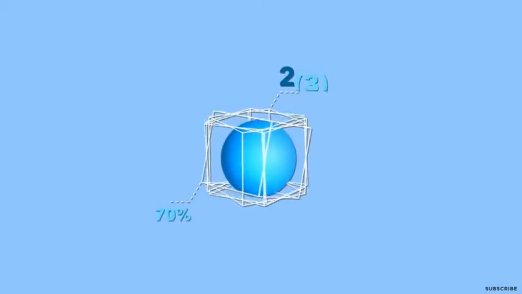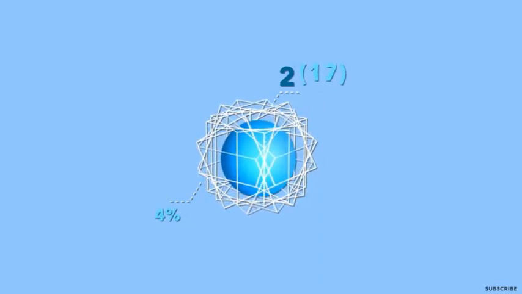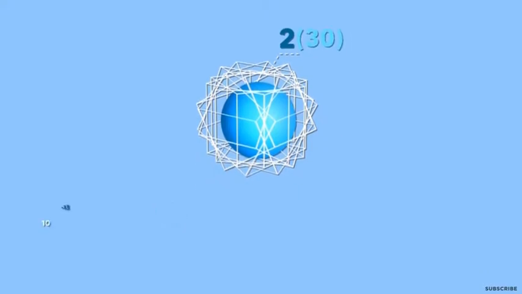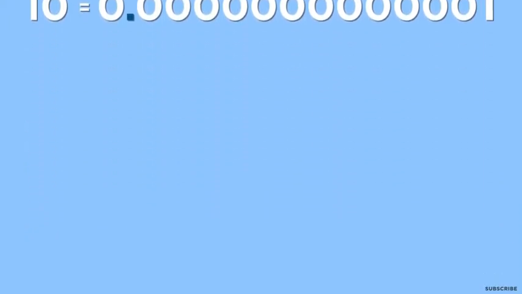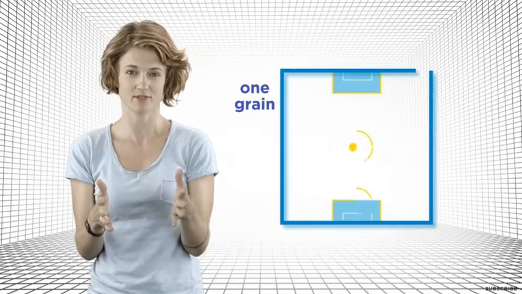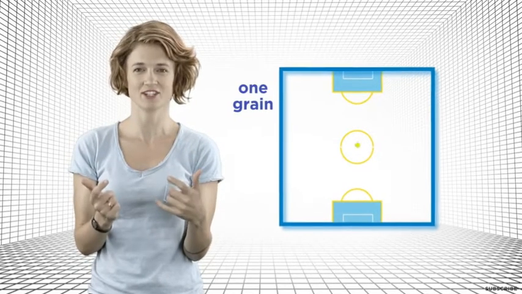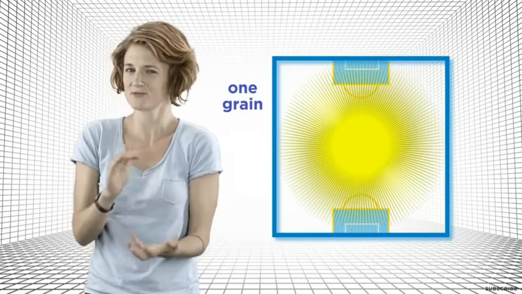As the dimension n goes up, the percentage of the cube that's occupied by the sphere gets smaller and smaller, approaching 0. In 30 dimensions, the sphere is about 10 to the negative 13th the size of the cube inside it. This is about how big a grain of sand is relative to a sports arena, except that in this analogy, the sand grain is touching each wall of the sports arena and is still round. Yeah, I know that's weird, but just stay with me and let's try one more experiment with cubes and spheres